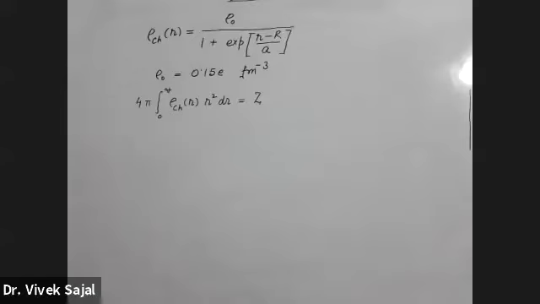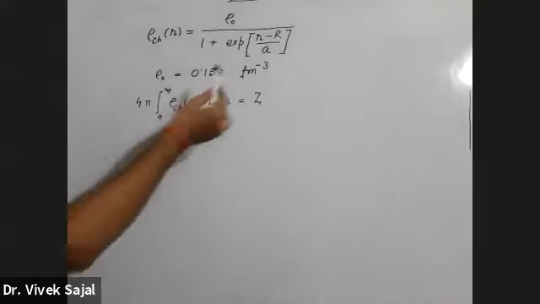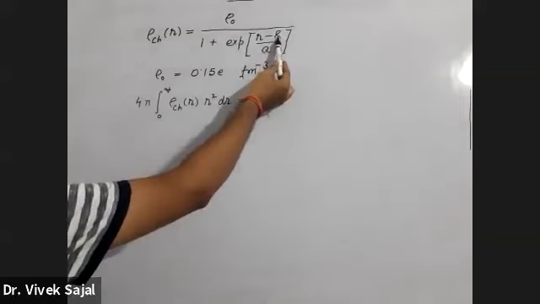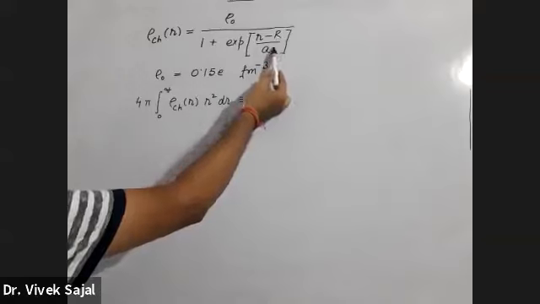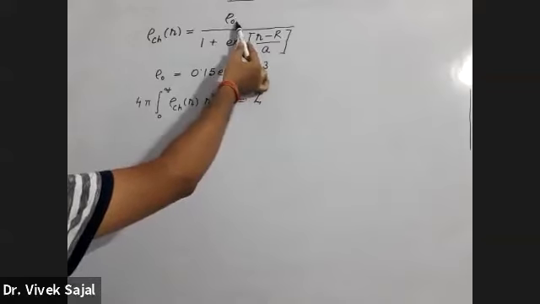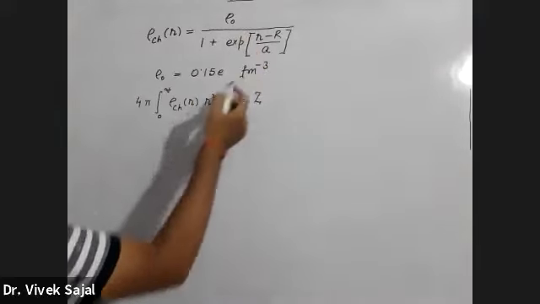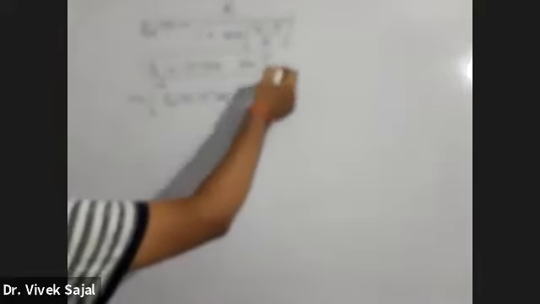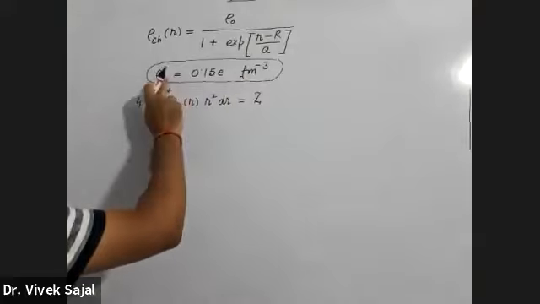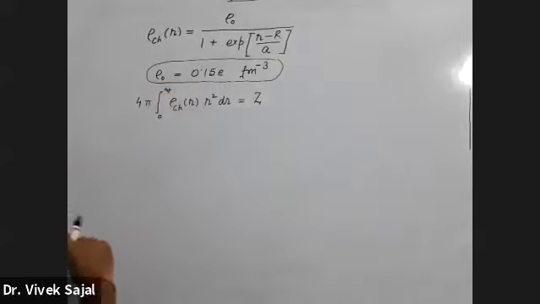I have already discussed the meaning of rho naught, capital R and a. So this a is the diffuseness constant. This R is the distance at which the charge density becomes rho naught by 2, and this rho naught is the charge density at the core of the nuclei. In the last class, someone was asking about the value at the center of the nuclei. This rho naught is roughly equal to 0.15 e, where e is the electronic charge, per Fermi cube.